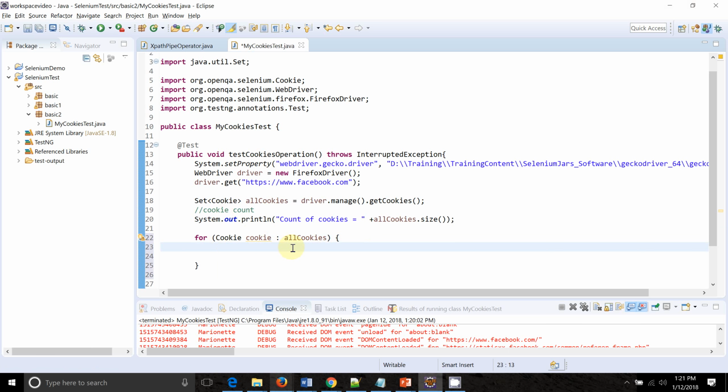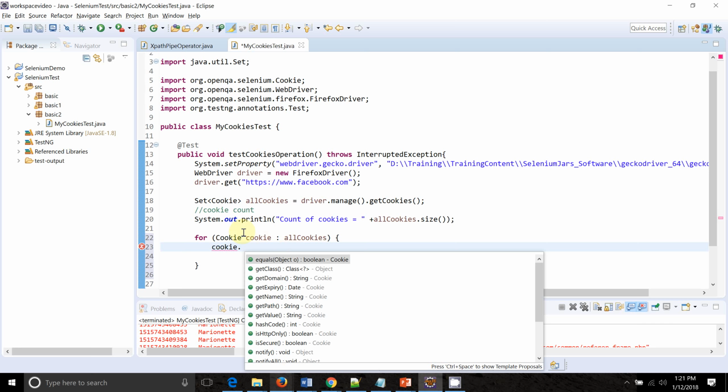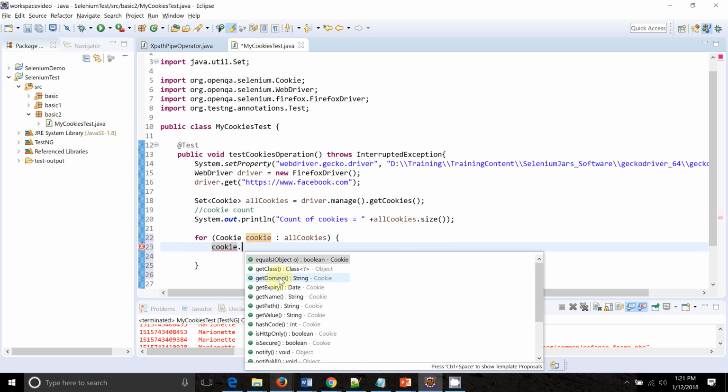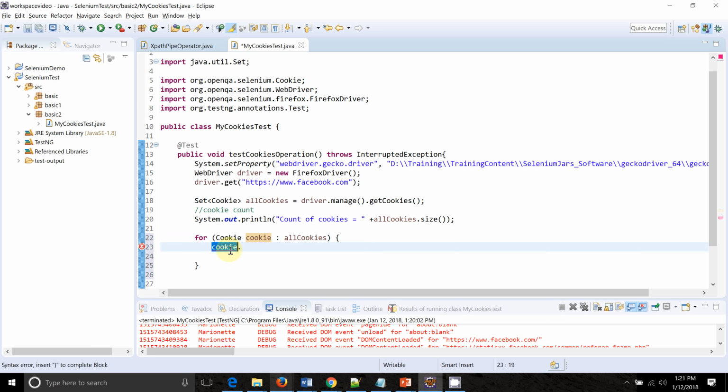So what are the different methods available on each and every cookie? You can see with this for loop I am getting the first cookie. With the first cookie dot, you can see getDomain, getExpiry, getName, getPath, getValue. So I can go ahead and use this. I will put this in a print statement. Here I will say name